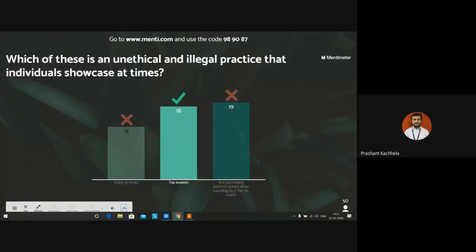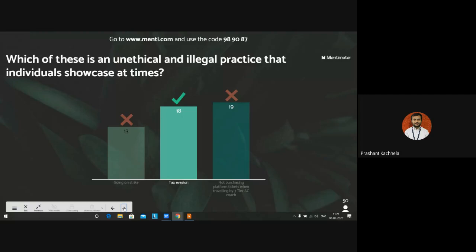The first one is about going on strike. Do you think that going on strike is illegal or unethical? You can speak if you think that something is inappropriate. And nowadays, we are seeing that many people are protesting because there was an incident in the US regarding a black person's death. So many people are going on strike. They are showcasing their anger too, but going on strike just because you think that something is inappropriate doesn't mean that you are unethical.